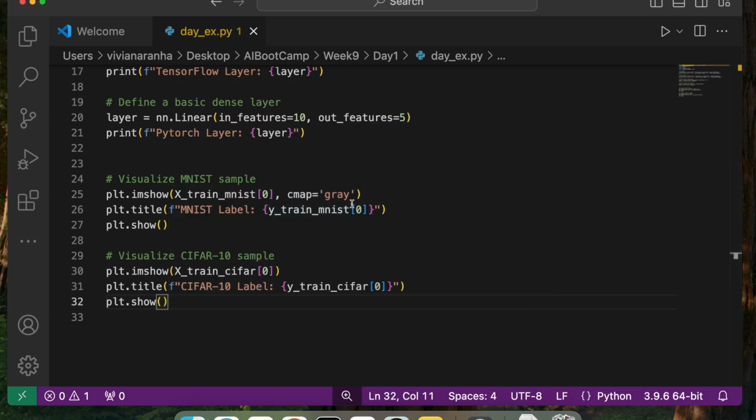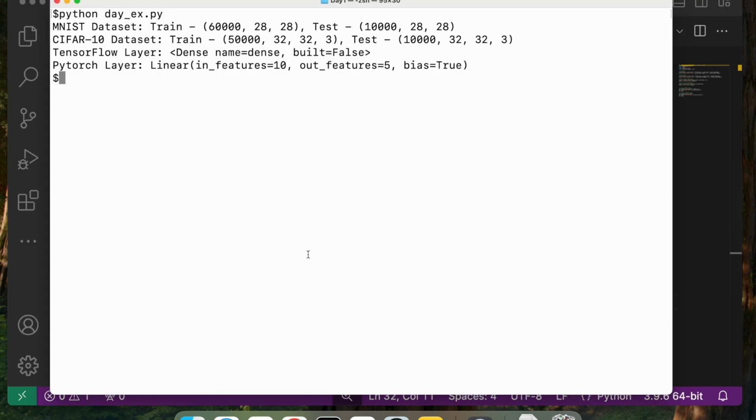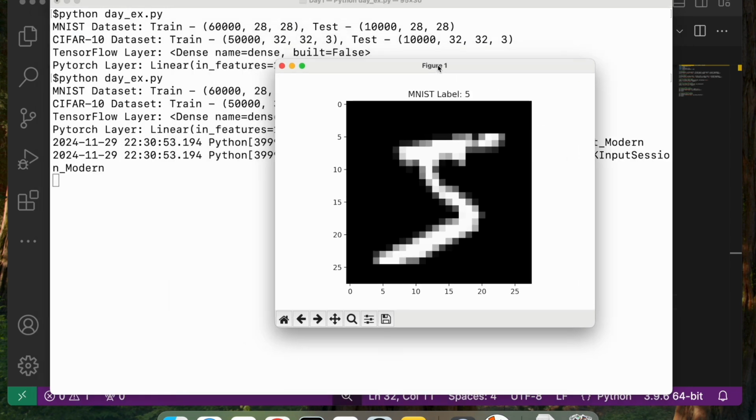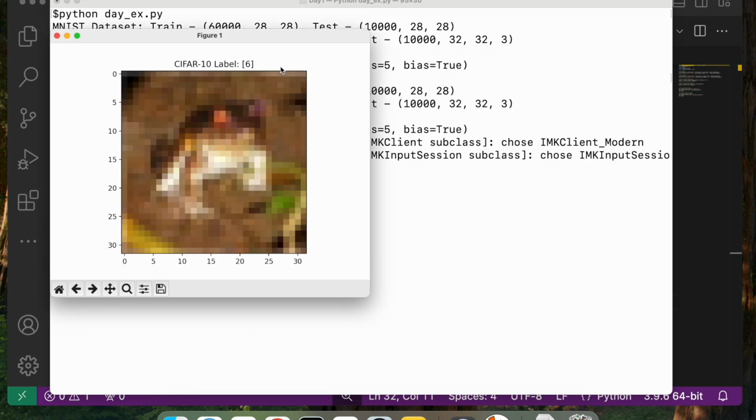So I hope you were able to get all these things running, and you should be at the point where I am, where it will show you the MNIST dataset, CIFAR dataset, show you the TensorFlow layer, show you that you could build a PyTorch layer, and then here is my dataset. It picked a number, so as I mentioned, it's handwritten numbers. In this case, it's number 5. I can see it, and from the label, I can say that it is right. And for my PyTorch, it shows a label here, and it looks like it's a number 6 here. It says label is 6. That's what it's labeled as. So that's the CIFAR-10 dataset.